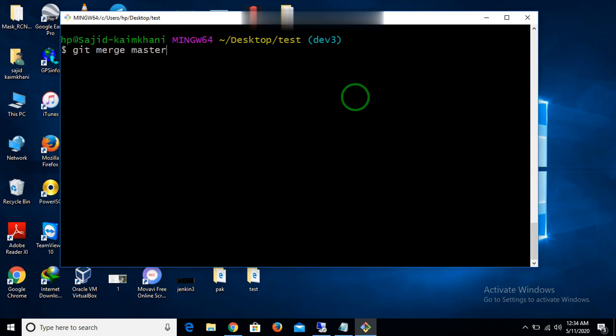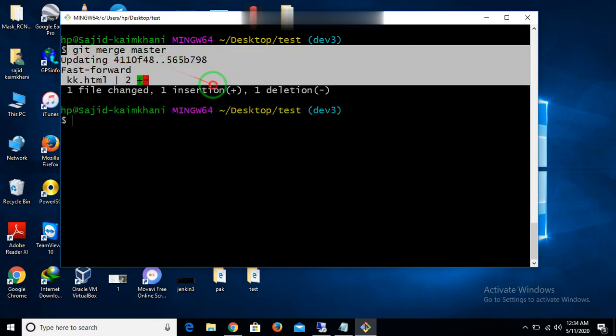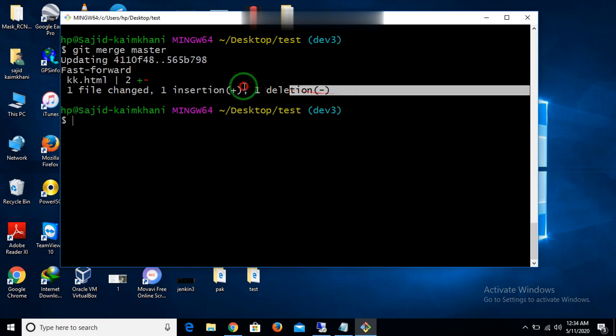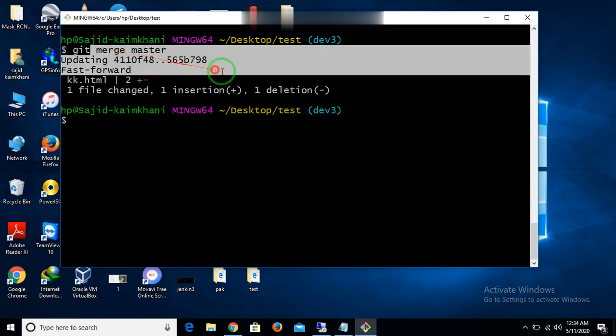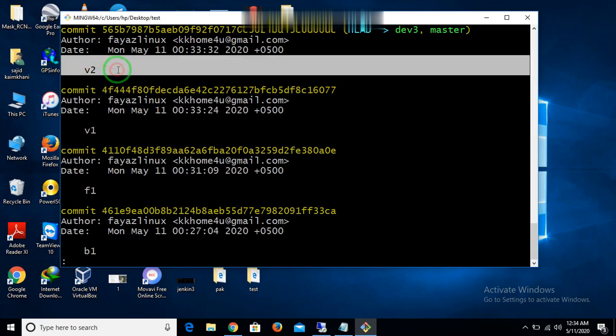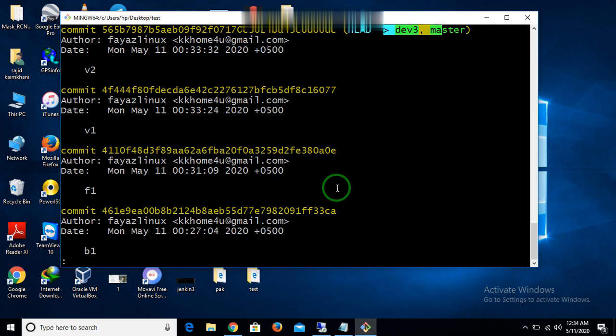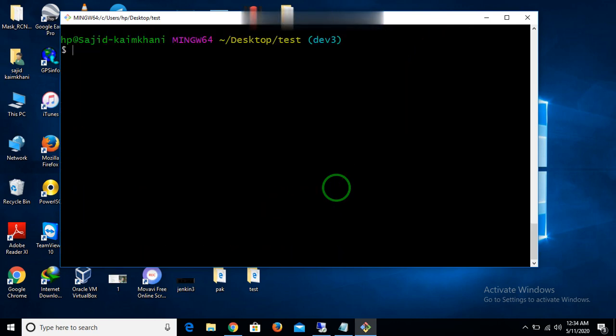I want to merge with my master branch. So here is my updated merged master branch. My dev 3 branch has been updated with the git logs as well, V1 and V2 with the commit messages. So the main difference between merge and rebase is the reference point and the copy of the data.